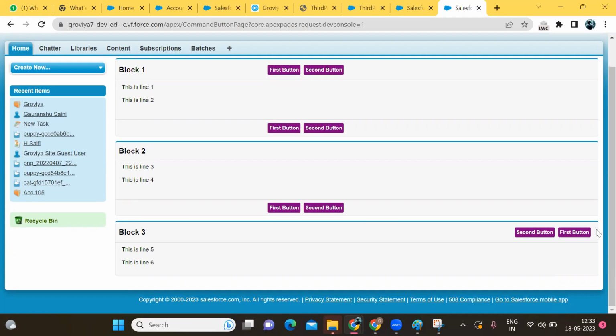So in the command button tag, we have direction attribute. So what is the use of that? So मतलब कि ब्लॉक के अंदर वहां बहुत से